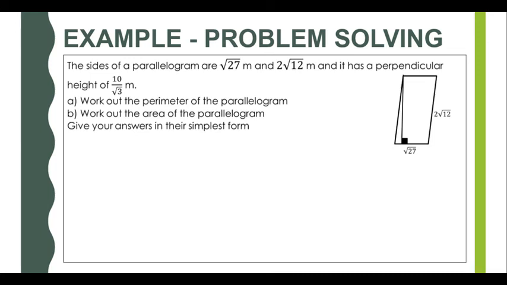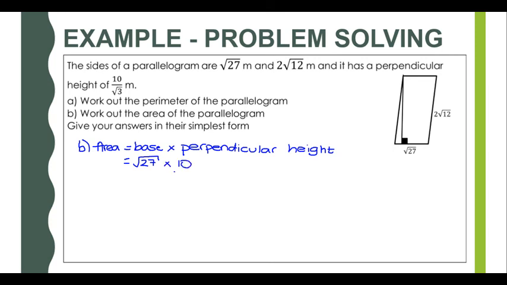So if we now look at part B, we're asked to find the area of the parallelogram, which is equal to the base times the perpendicular height. The base we know is root 27, and the perpendicular height we're told in the question is 10 divided by root 3. Which gives us 10 root 27 divided by root 3,